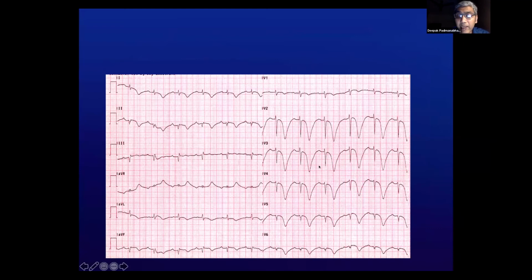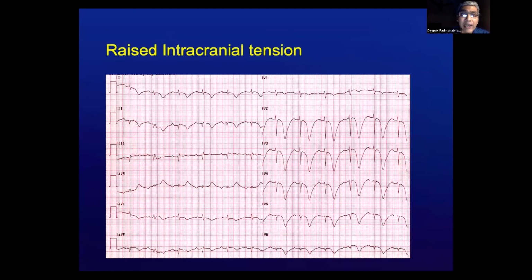Another really bad looking ECG is this ECG where the heart is perfectly normal, but there are precordial T wave inversions, and the patient is probably having features of sluggishness, suggestive of raised intracranial tension, and probably a totally normal heart. Calling the cardiologist in at this point of time may not be of much value, whereas a neurologist may actually do a great deal of benefit to these patients.